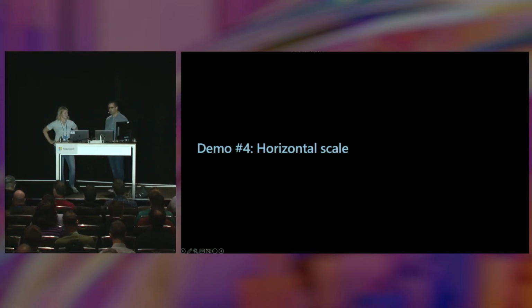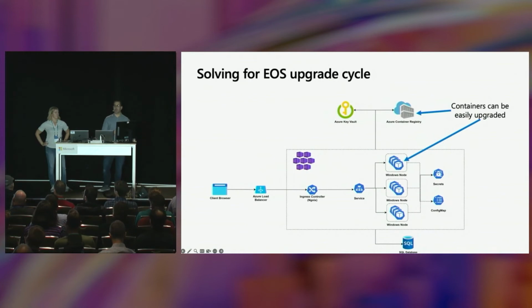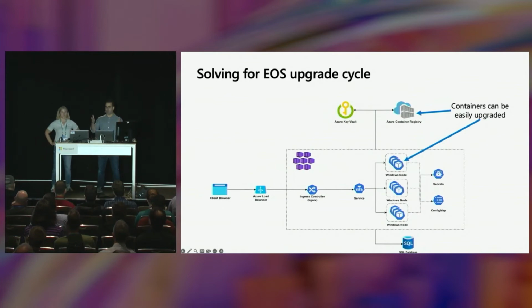So it's pretty cool. All right, so our next topic is solving for end of support. Everything we talked about, the SSL certificate, the hard-coded configuration, your app pools, and your horizontal scale, are all solved pretty much together. Because we solved the first three, the SSL certificate, the app pools and websites, as well as hard-coded configuration, we now can work on horizontal scale, right? Because you can scale up and down without worrying about the configuration of your pods. Everything is outside of the pod, so scaling up or down is just a matter of giving more pods or